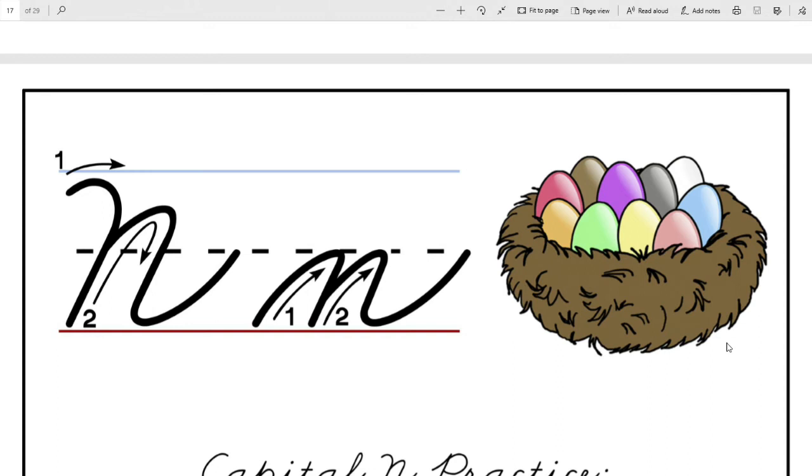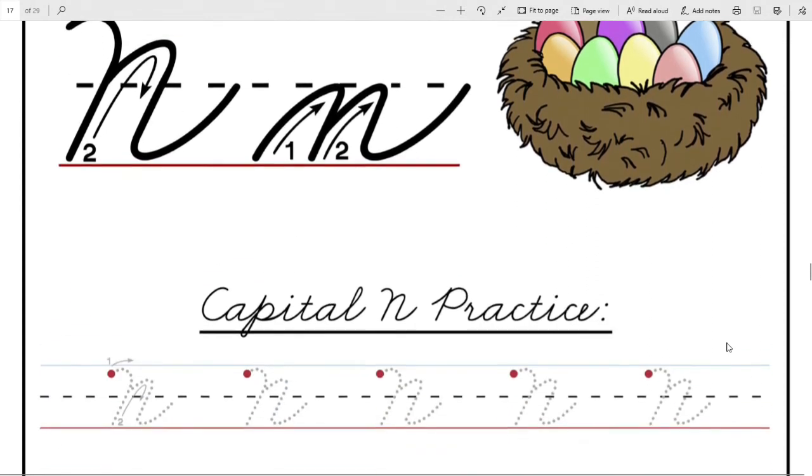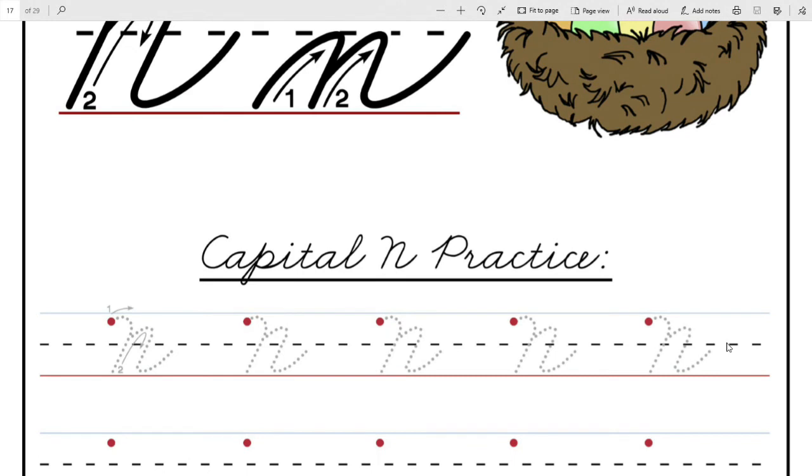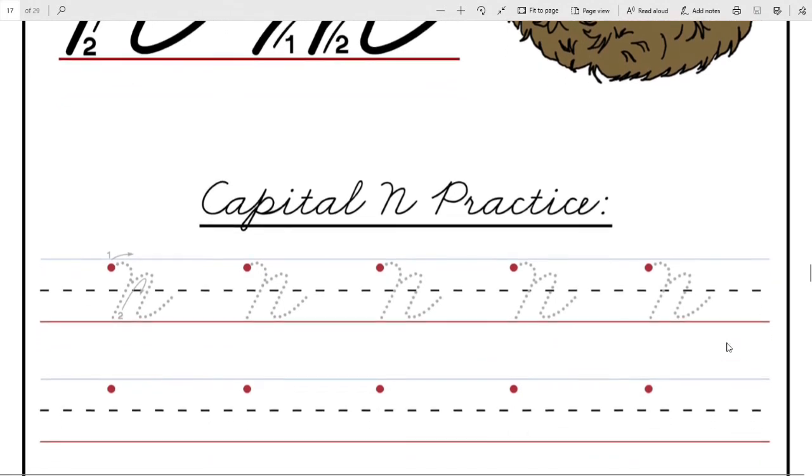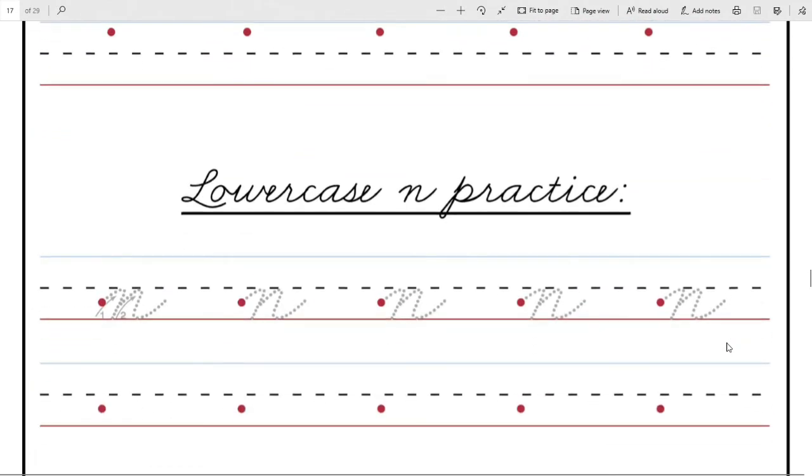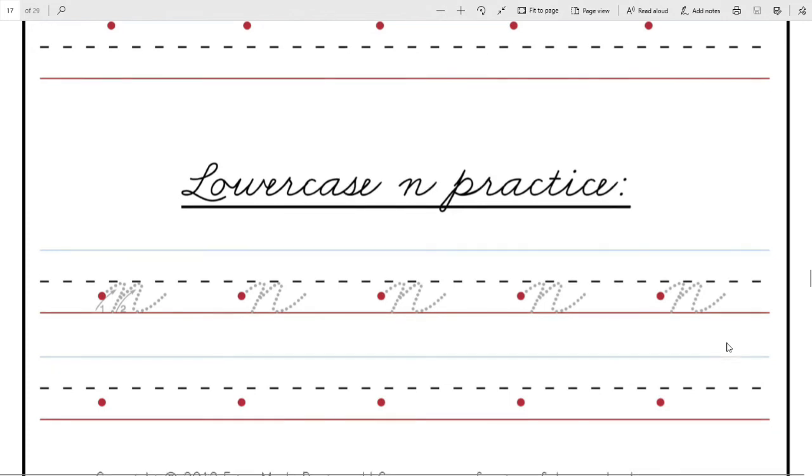What is the sound? N says n. The picture is nest. Now we see the uppercase capital N and the lowercase small n. Yes, children. Now the next is,